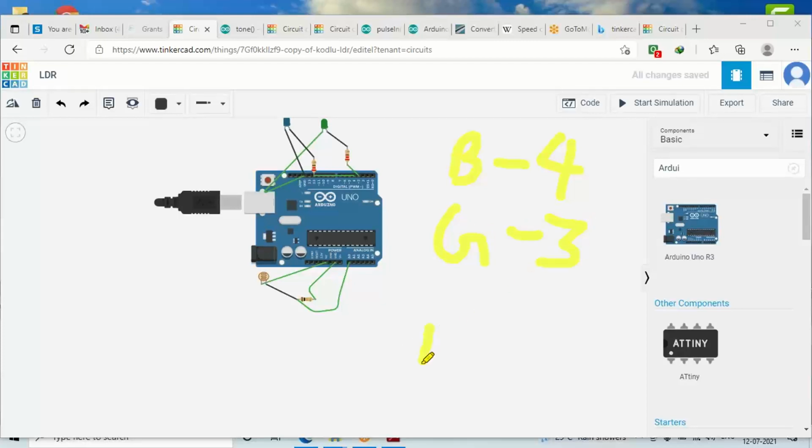And our photoresistor is connected to A0. This is the connection we have done here. If any change is needed in the coding part, we can change it accordingly. So this connection should be very clear. If you have any doubt in the connection part, you can ask.